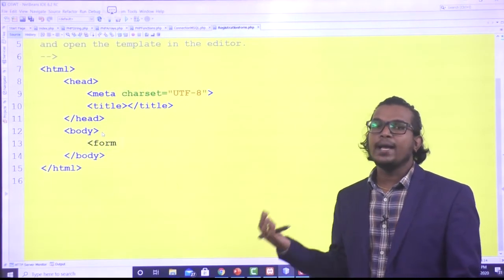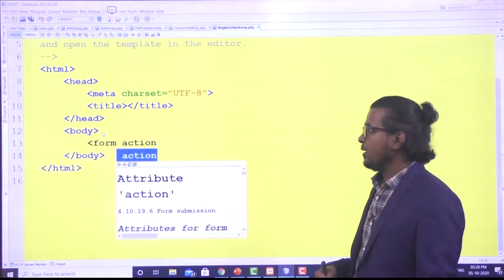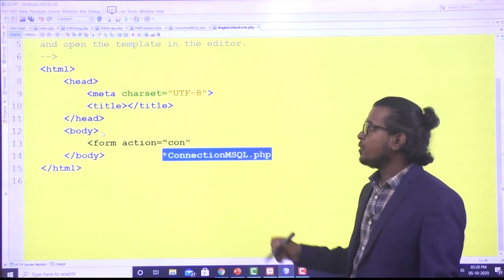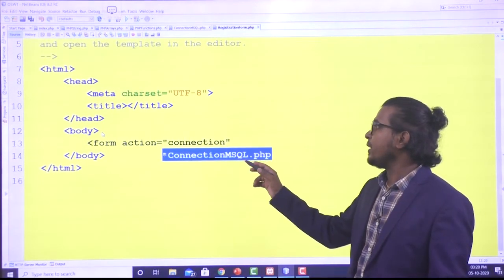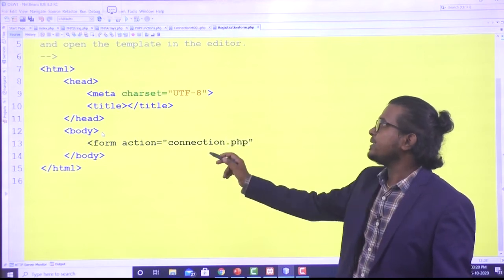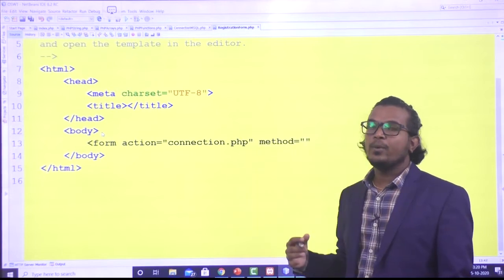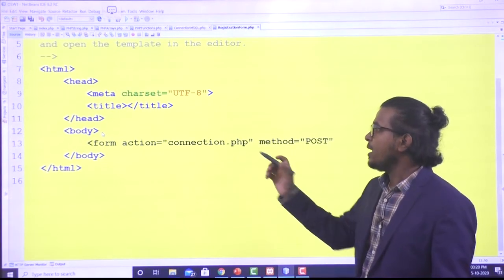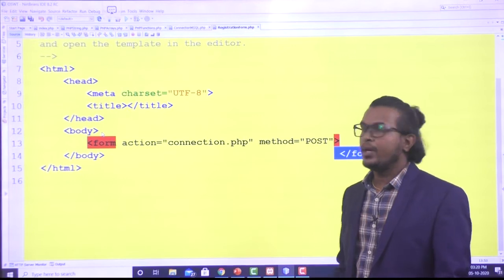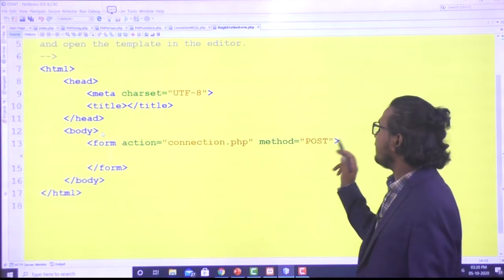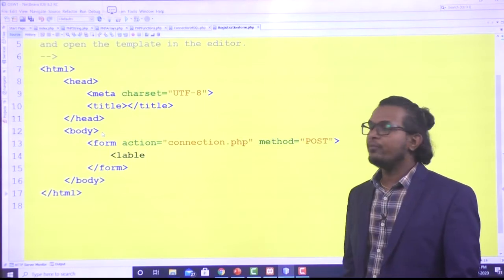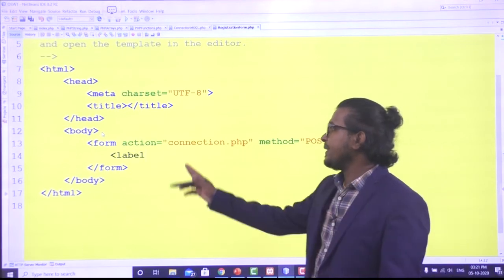With the help of the form tag, we are collecting the user data. So form action equals the MySQL connection file. Wherever you want to forward that information, you give that particular file name here. I'm using the method equal to post. I'm creating the label.